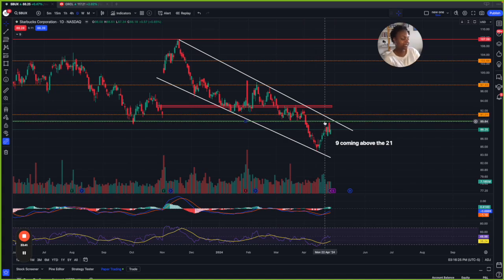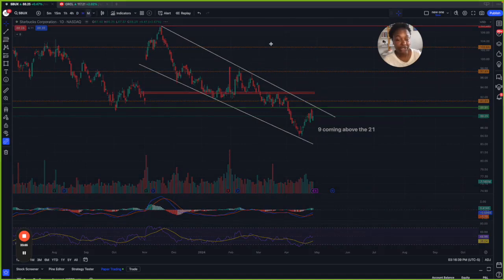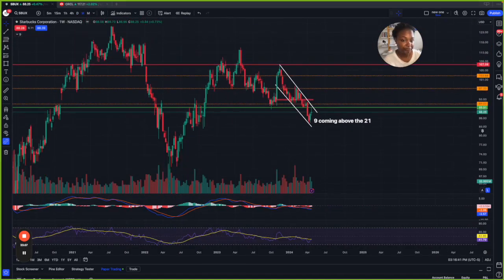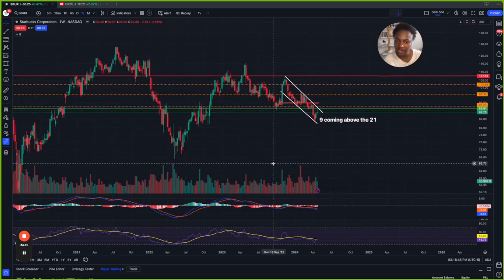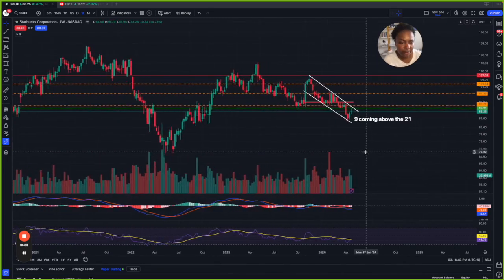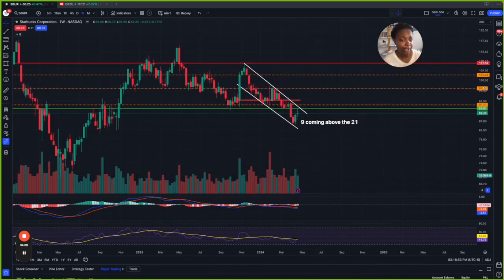If we did see Starbucks above 90, and it also broke on a daily candle, broke and closed above this resistance trend line, I could see that. Let's actually look at the weekly time frame first. I was looking, like, is this a morning star? Not really. The volume did decrease slightly last week, but I believe that was just across the market.